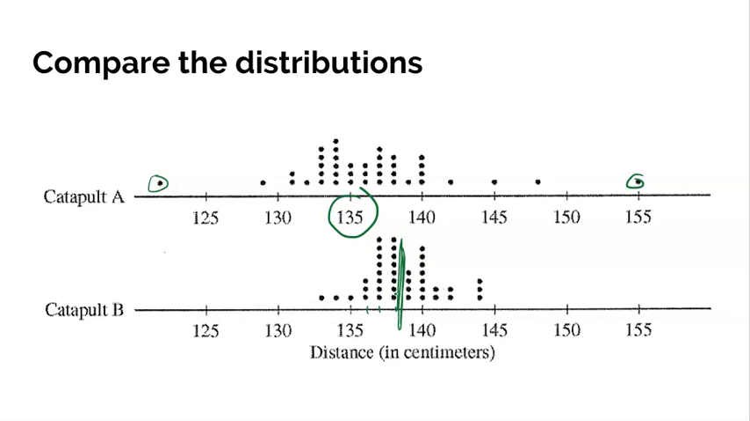It had less variability. It ranged from 133 to 144, but a huge bulk of its throws were from 136 to 139, where there's a huge clustering of data. So, which catapult would I trust more in a pinch? Probably catapult B. I know that I just talked a lot right there, and I'm doing that on purpose